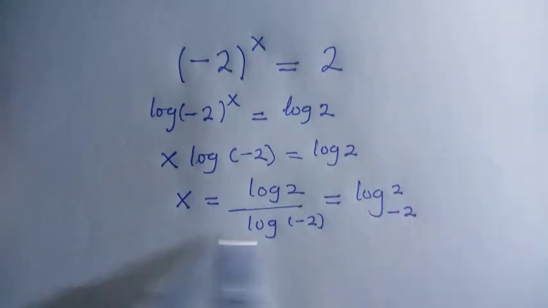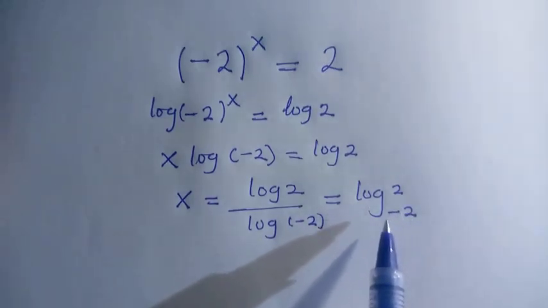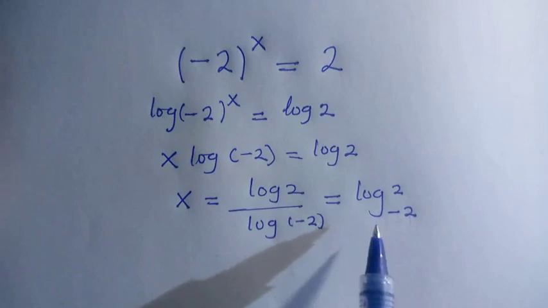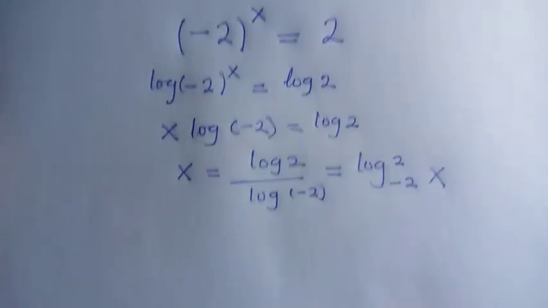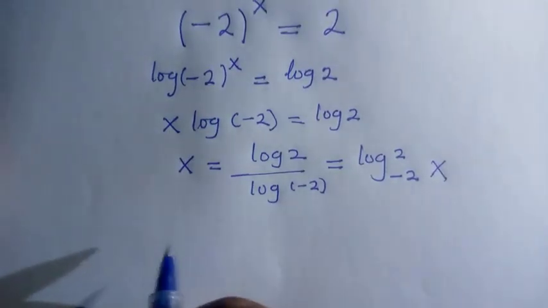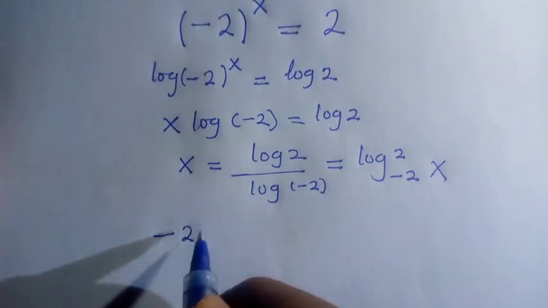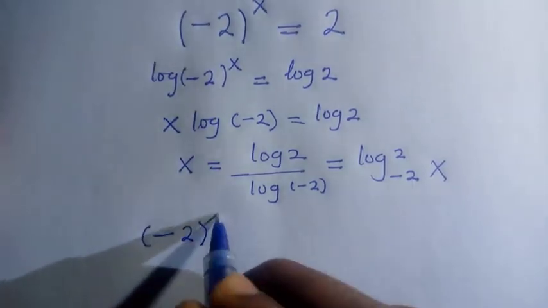So when we get the value of x like this, it doesn't make any sense. This logarithm does not exist, which means we cannot apply this method. So what we do here is, by considering the real question, which is (-2) to the power of